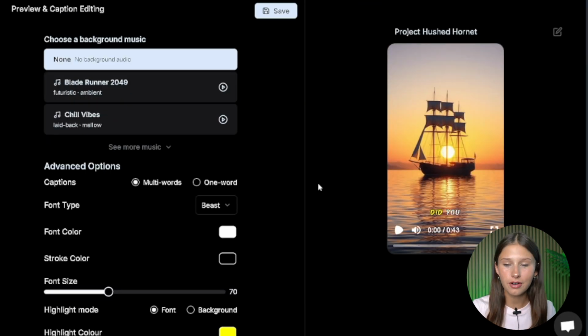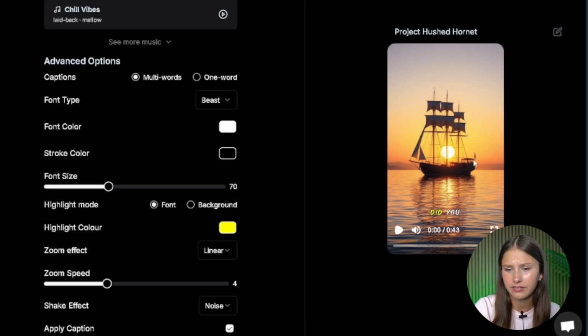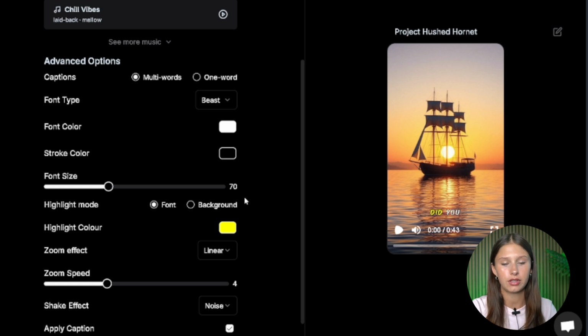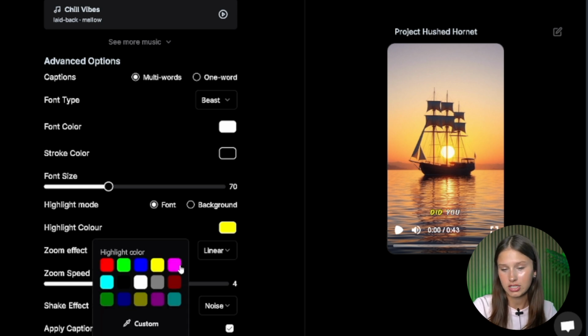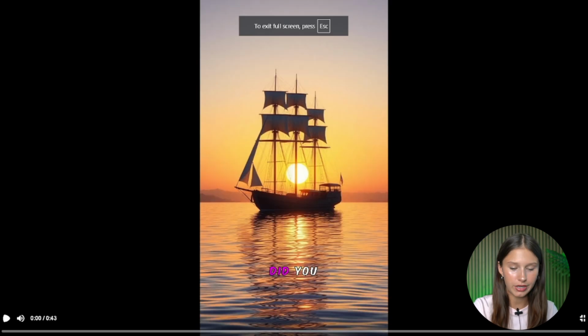And boom, we have our video just another few seconds later, which is actually crazy. This software has been getting faster and faster every time I use it, I swear. But now we can choose if we want some music in the background. I'm just gonna leave it as it is. We could also play around with the font color. I guess maybe I'll change the font color. Let's do pink and white. I like pink, my favorite color. So let's just check out what it created for us.